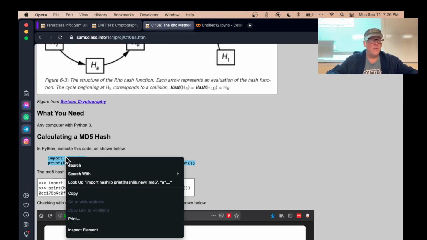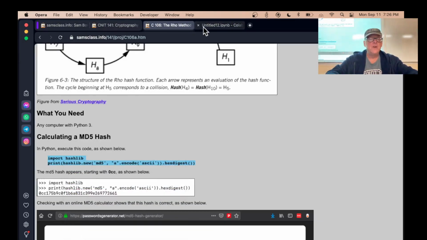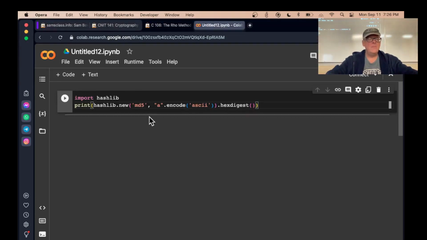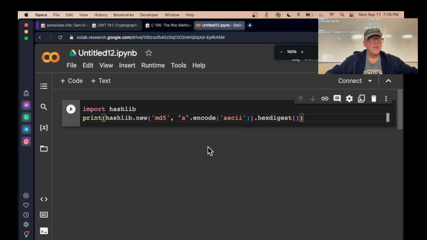So that's why I say you don't need to know much Python. You don't really need to have a local Python install to do this stuff, although for the advanced ones it helps. So here, I import hashlib. This is the way MD5 hashes are calculated with hashlib. You calculate the MD5, and I'll use the letter A as my password, encode it as ASCII, and hash it, and then I'll use the hex digest. So if you do that,